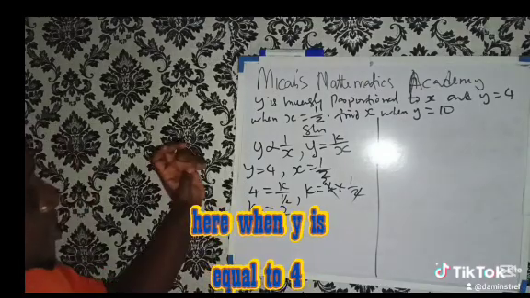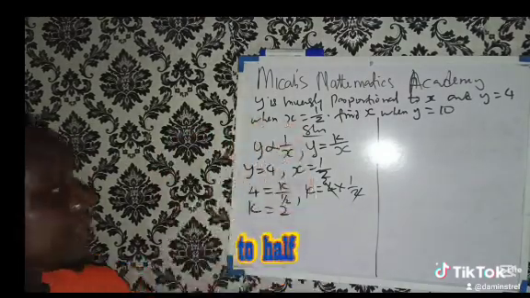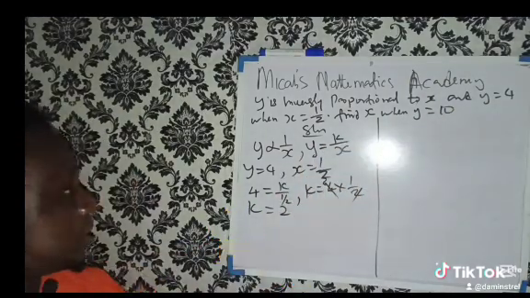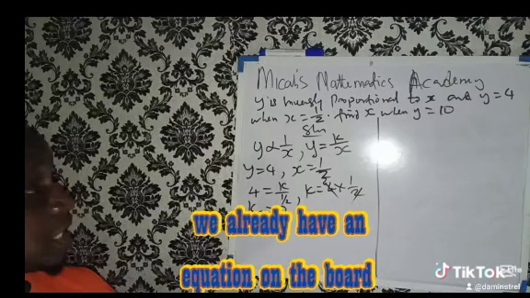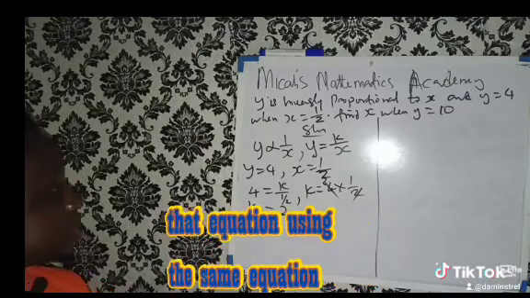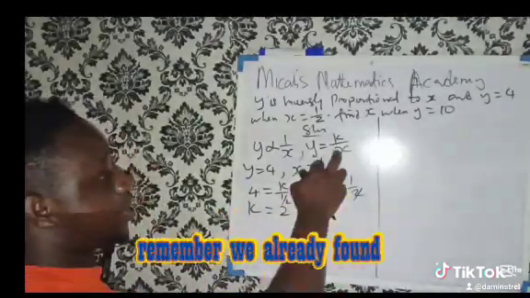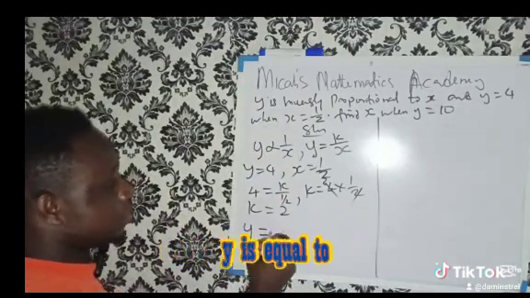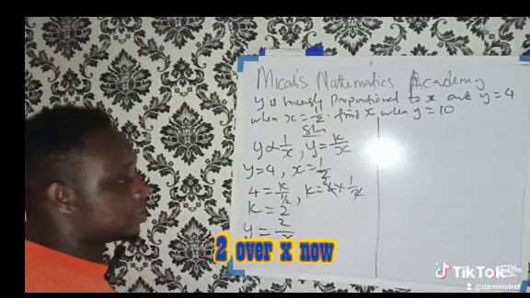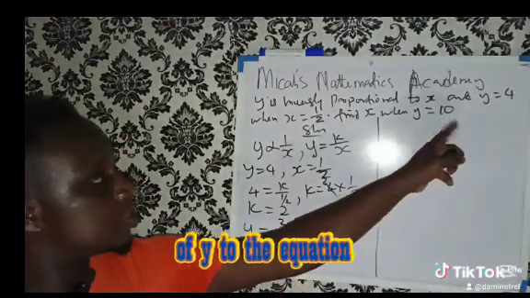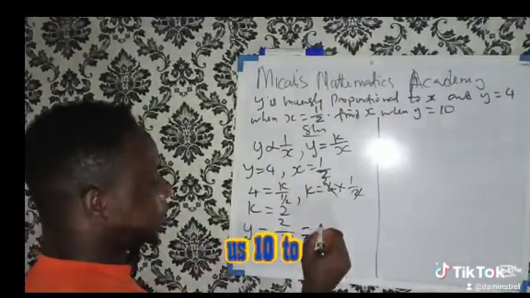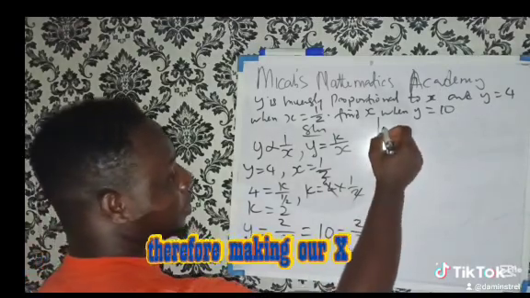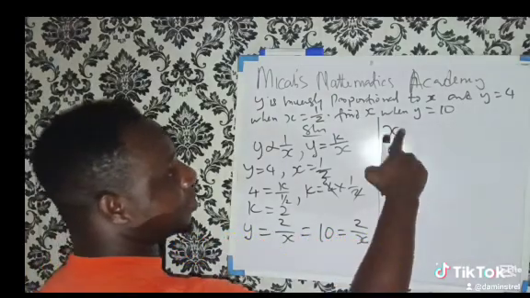Okay, here when y is equal to 4, x is equal to half. So what is the value of x when y is equal to 10? We already have an equation on the board, so we can use that equation. Using the same equation, remember we already found the value of k to be 2. So that means we are going to have that y is equal to 2 over x. Now, putting the new value of y into the equation is going to give us 10 equal to 2 over x. Therefore, making x the subject of the formula, we are going to have that